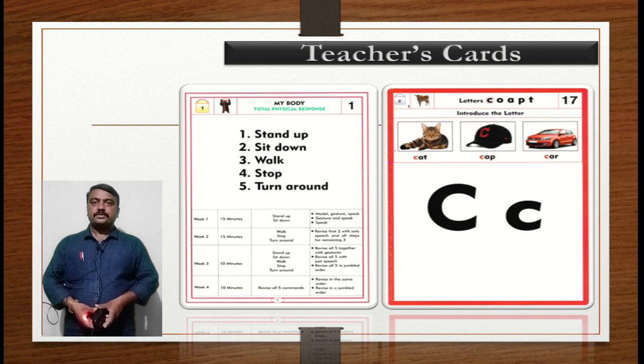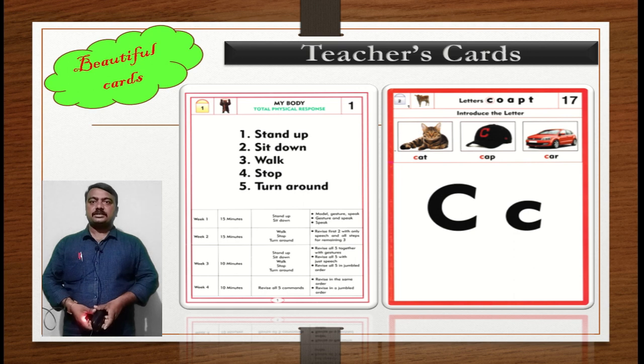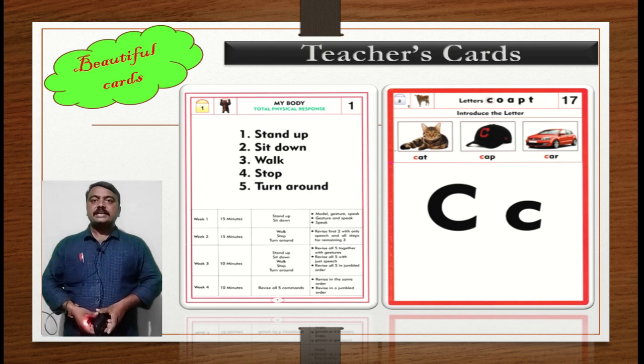In the first set, we have 50 cards. In the second, there are 202 cards. Now the question is how to recognize or bifurcate them as listening and speaking and reading and writing cards. Yes, you are absolutely right, friends. By seeing their border lines, we can segregate them very easily, because listening and speaking cards have two red color border lines and reading and writing cards have one thick red color border.